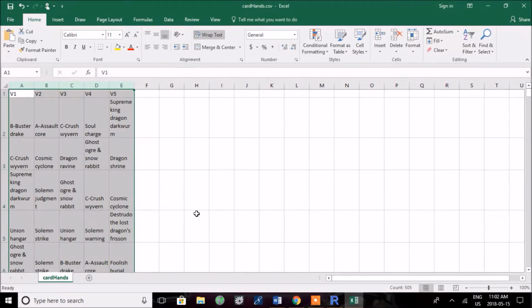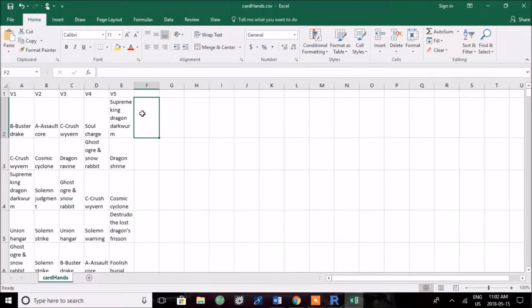Wrap the text. And we pretty much can see what each card is. So for this, I'll put this as rating. Remember, a 10 would be a very good hand, and a 1 would be a hand that is absolutely unplayable. As you can see, for this hand, you have all 3 pieces along with Soul Charge,